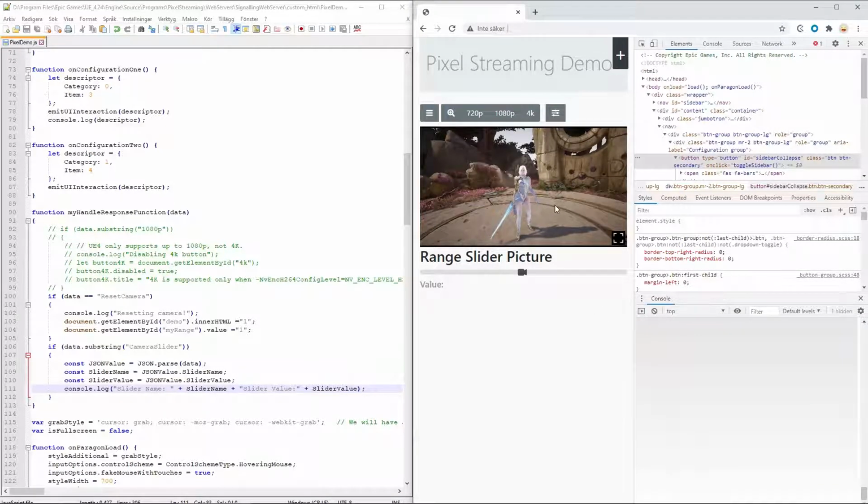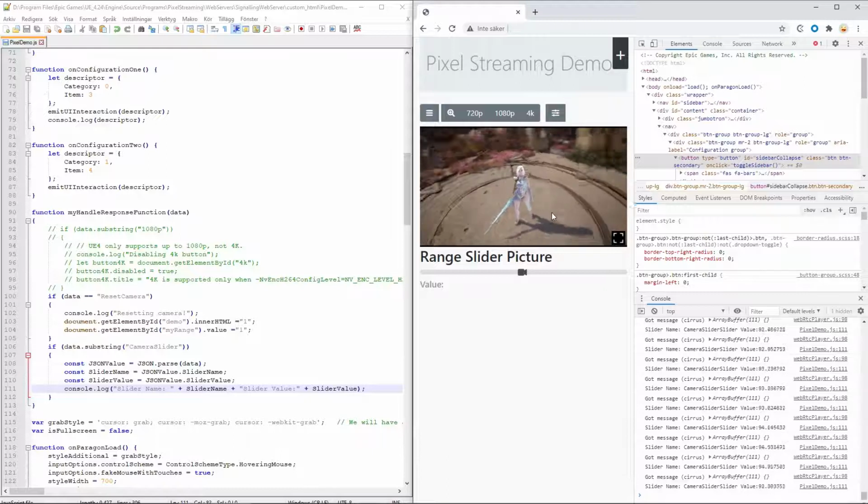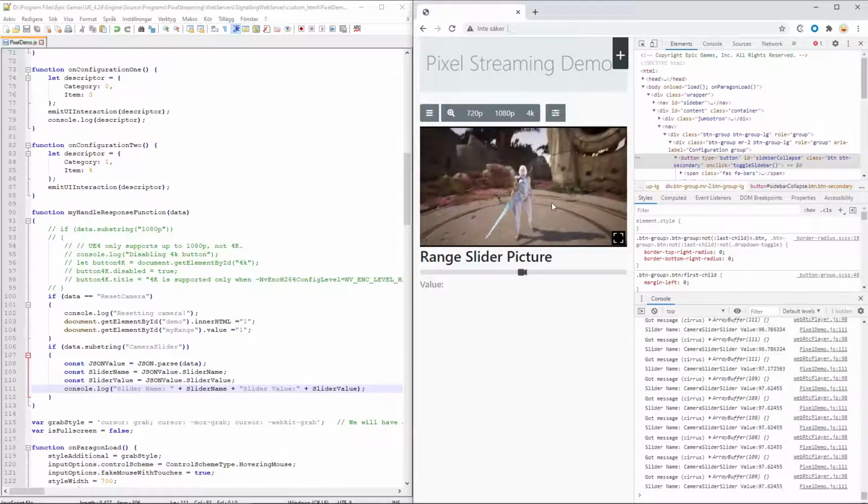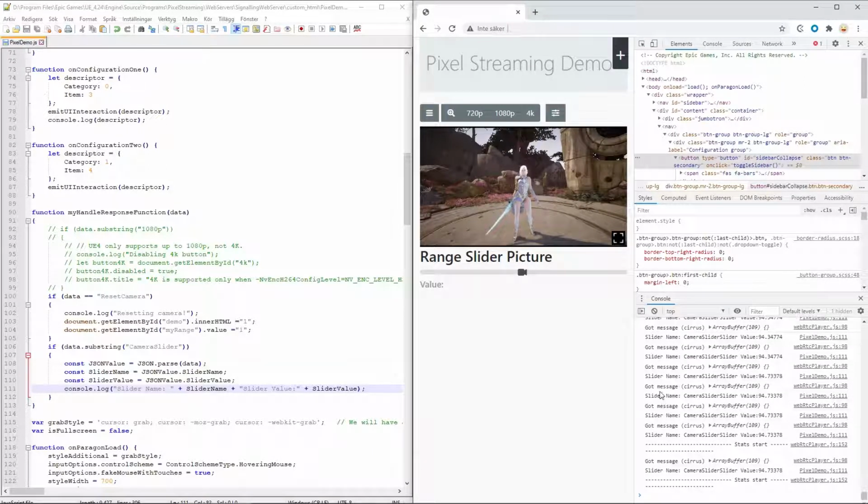Now, if I change this, we get a message down here, which is slider name, and that is camera slider, and then it is slider value, which is a float value now, which is okay.